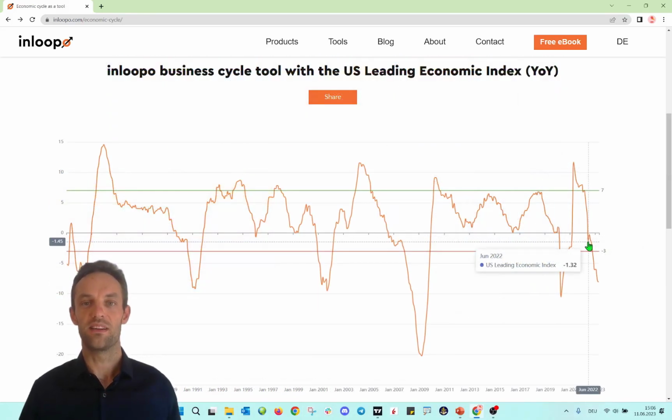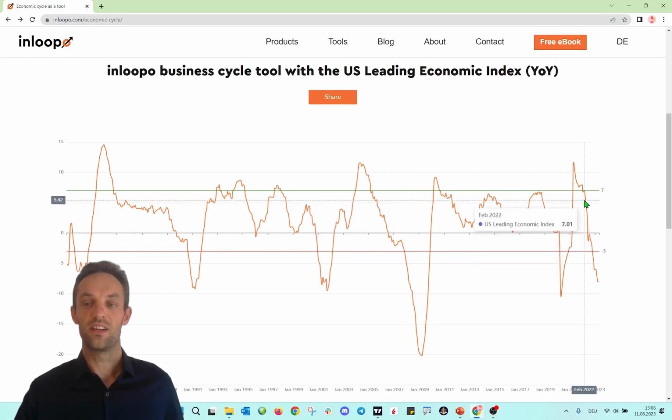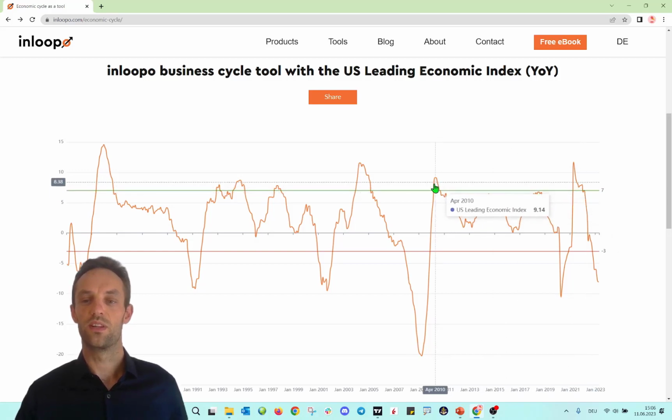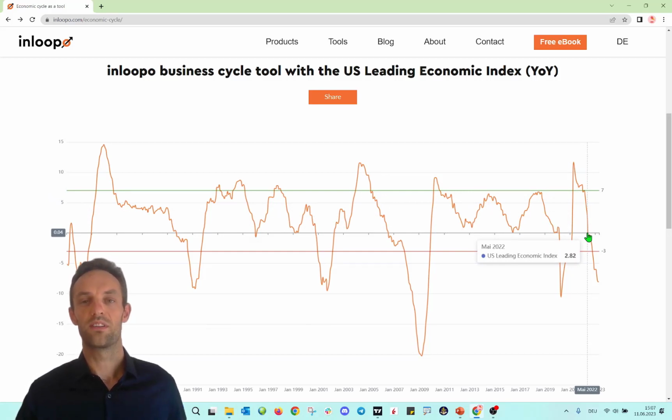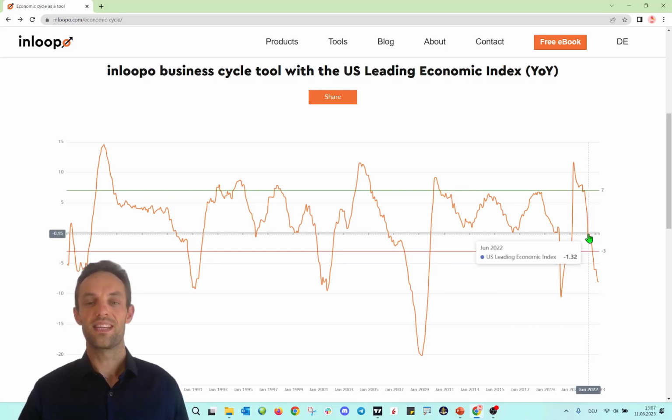But what does it exactly mean? So let me give you an example and discuss the last 1.5 years, the year 22 and the year 23 to present. Here in 22, the US leading economic indicator dropped from the level of 11 to 7. This is okay. This is a usual drop, but then from 7 heavily to 2.8 in May. And from this point in time, one can assume that we might slide into a recession. Let's take a look at the stock prices at this time.